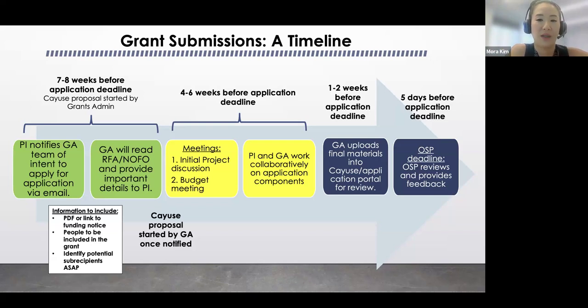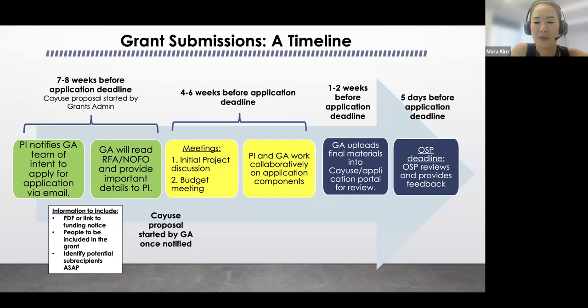Now, if you're giving it to me last minute, then of course my review and OSP's review will also be limited. However, we're also going to be doing the best that we can. It's not like just because we don't have the whole time, we're not going to review it. Okay. It's just we're going to do the best with what we have time-wise. And lastly,